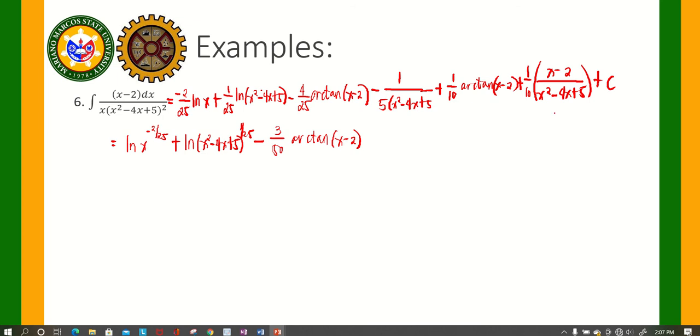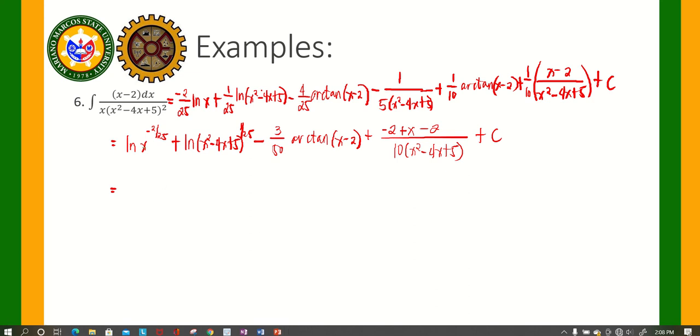And then, this one, we can also combine. Okay? So, 1 over 5 plus x minus 2 over 10, that is equal to, wait. Its LCD will be 10 times x squared minus 4x plus 5. So, this will be equal to 2. And then, negative 2 plus x minus 2. And then, plus c. So, this is equal to,